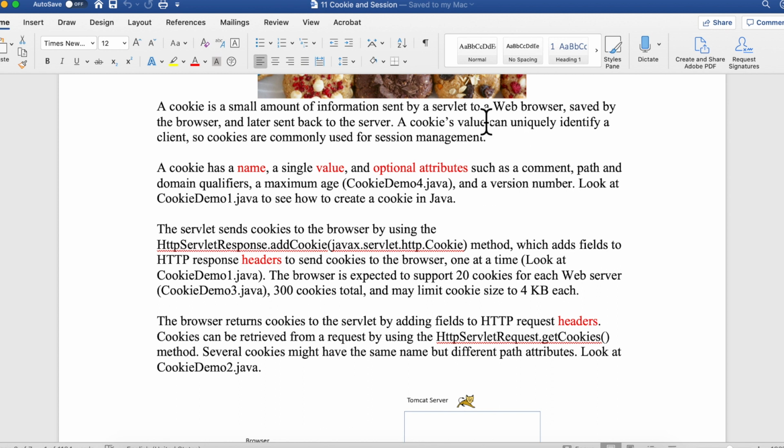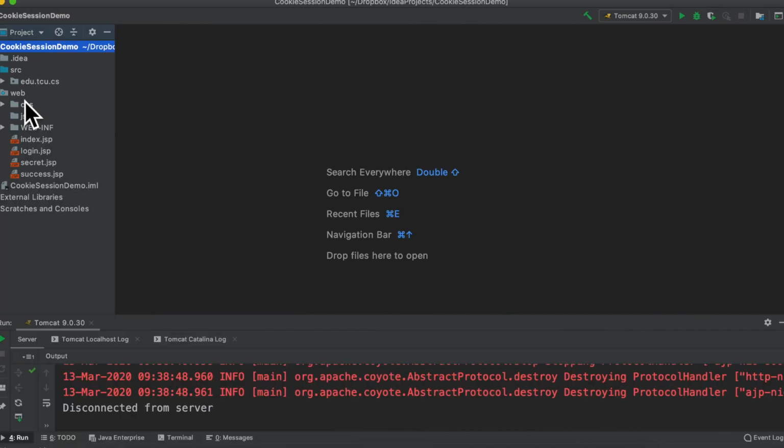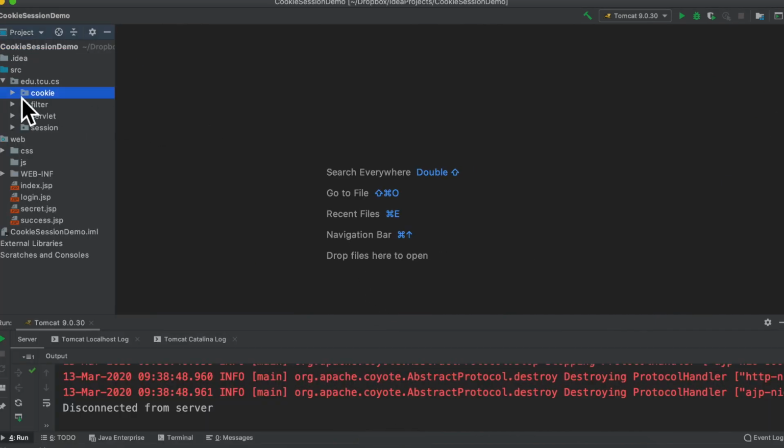because now we're talking about Java. So a servlet can make a cookie and send it back to the browser. Now, cookies are very simple. A cookie has a name and a single value and some optional attributes. So let me show you how we can create cookies. Let me open my IntelliJ IDEA. So here under cookie,